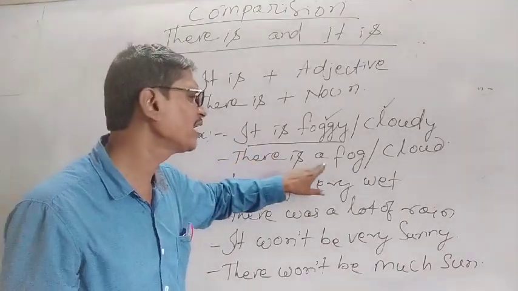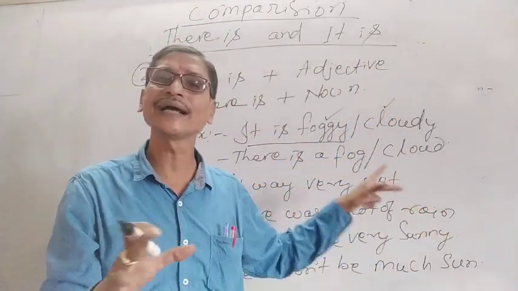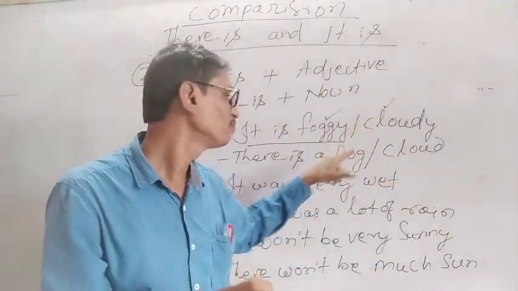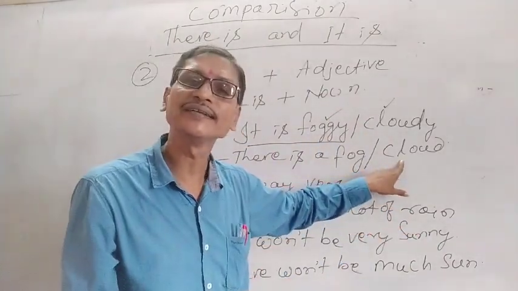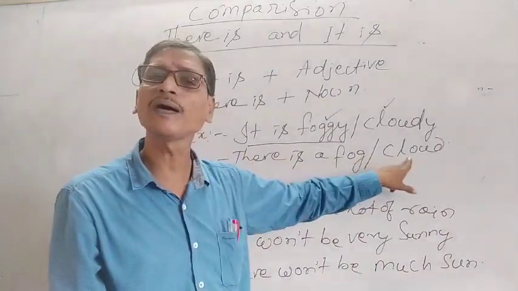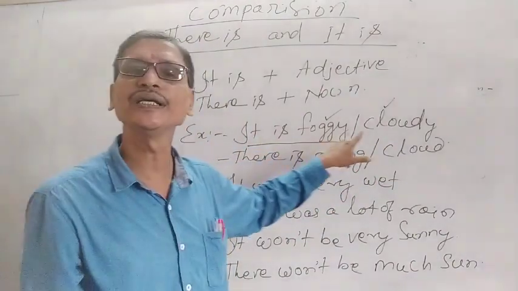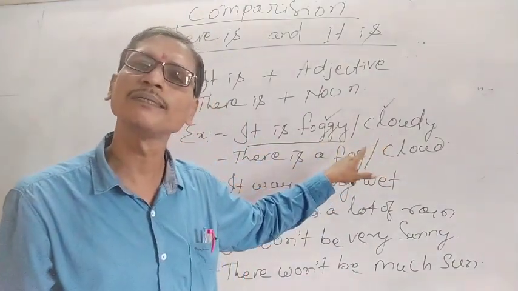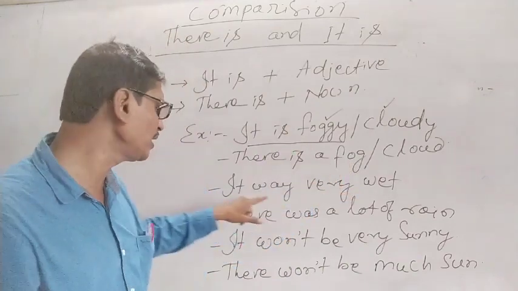There is a fog. There is a fog. Fog is the noun form of foggy. There is a cloud. The noun form of cloudy. So, when we use there, we use the noun form. After it, when we use it, we use the adjective form. Understand? So here you see,